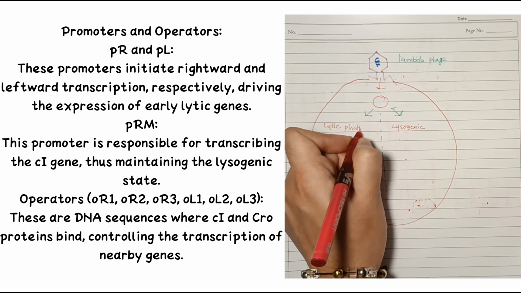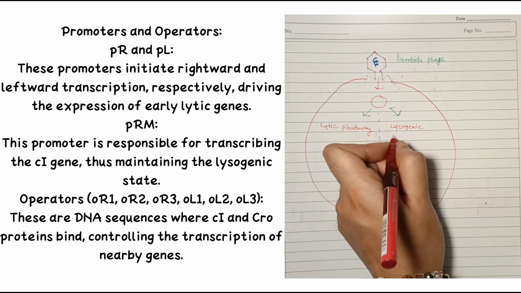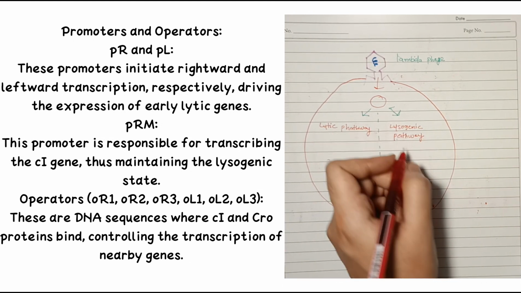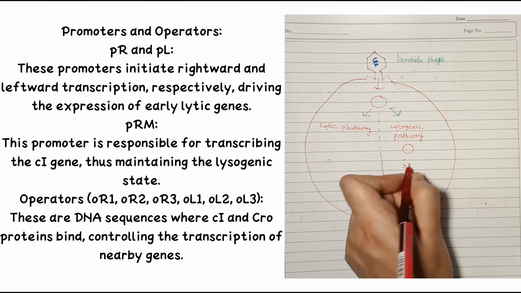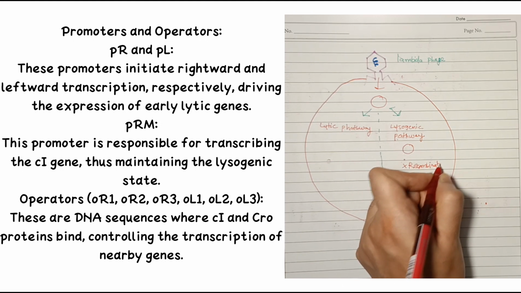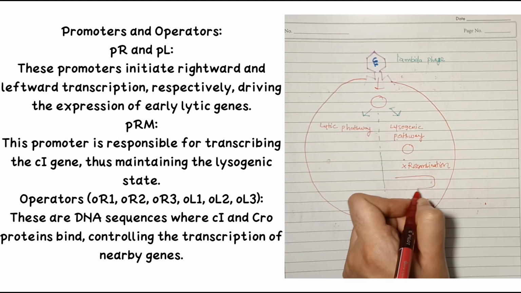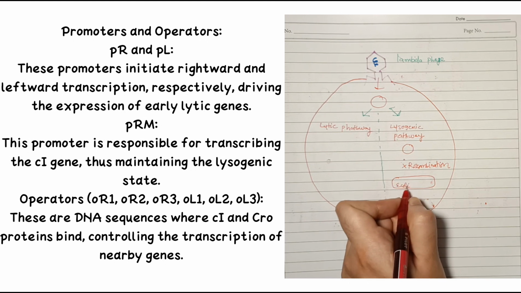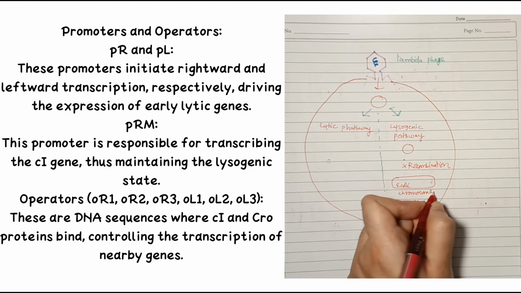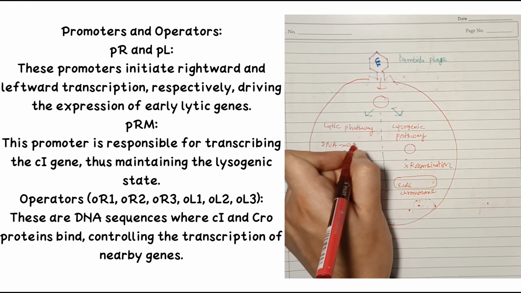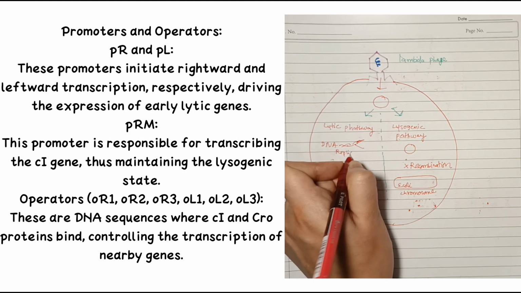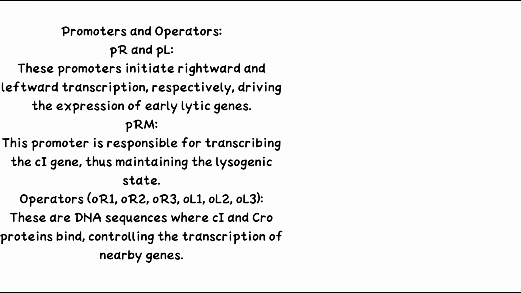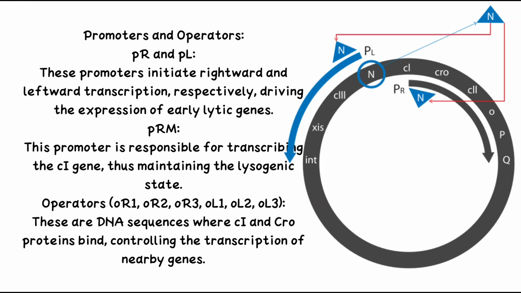lysogeny. So PR and PL are the promoters initiating rightward and leftward transcription respectively, which drive the expression of early lytic genes. The PRM is the promoter responsible for transcribing the CI gene, thus maintaining the lysogenic cycle. There are operators OR1, 2, 3 and OL1, 2, 3. These are the DNA sequences where the CI and Cro proteins bind, controlling the transcription